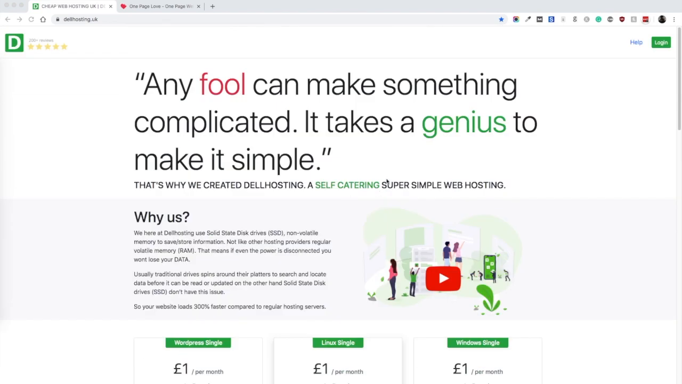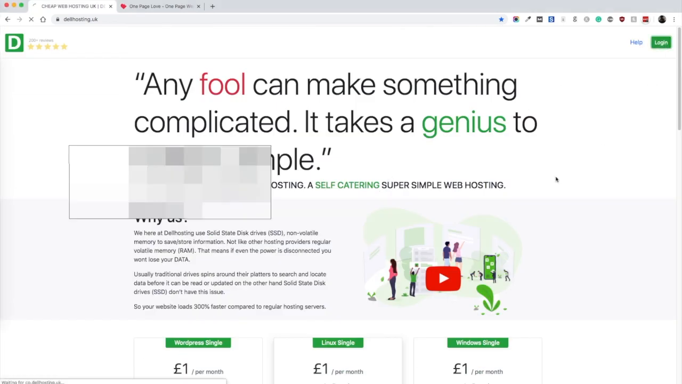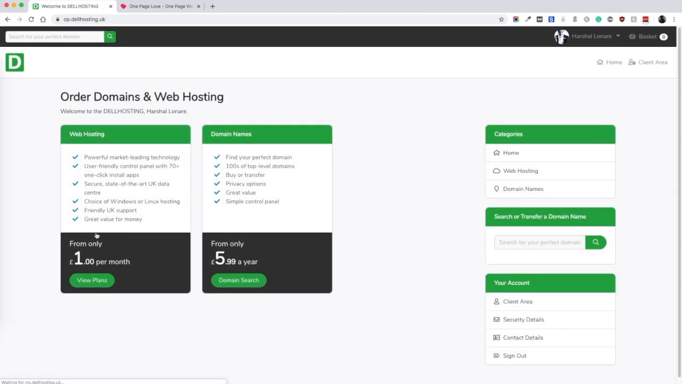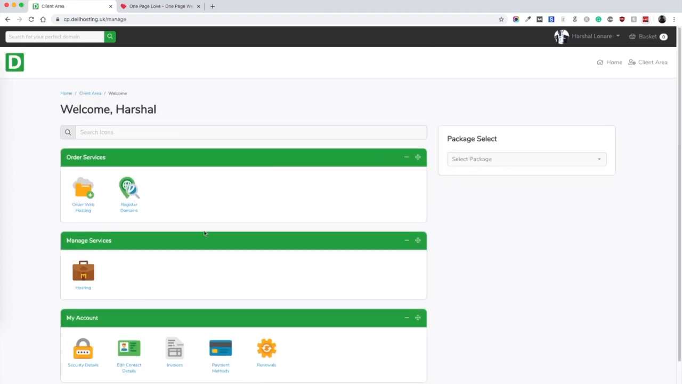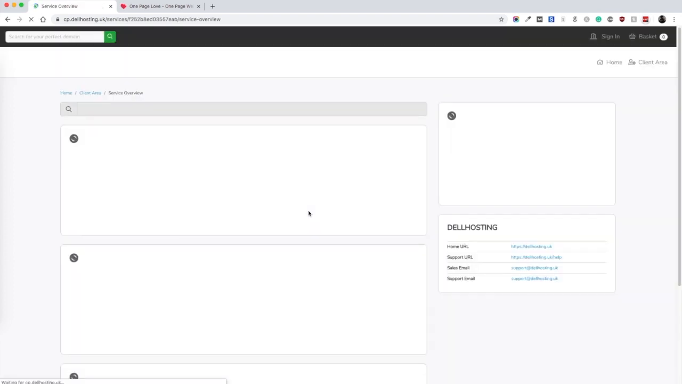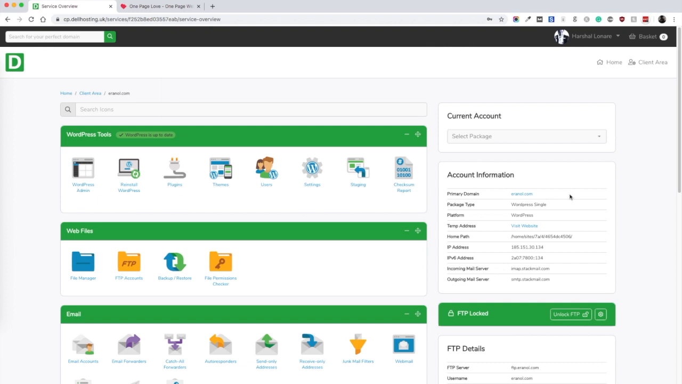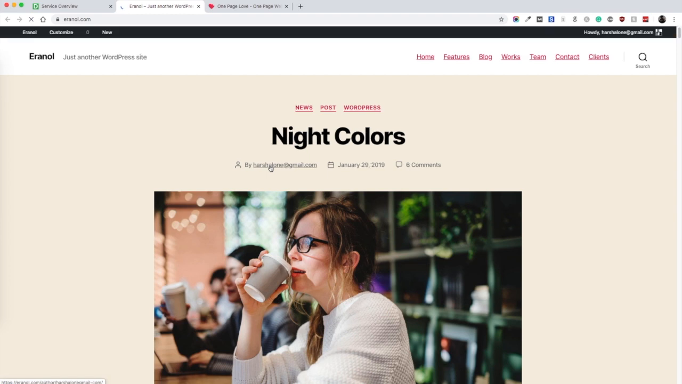Okay, so the first thing you have to do is to log in to your account. Once you're logged in, you will land in your client area from here. Then you will select the package you want to manage, right? So this is your package, this is your website. If you remember last time, we created a website, erenal.com, with one-click installation on Dell Hosting Control Panel,